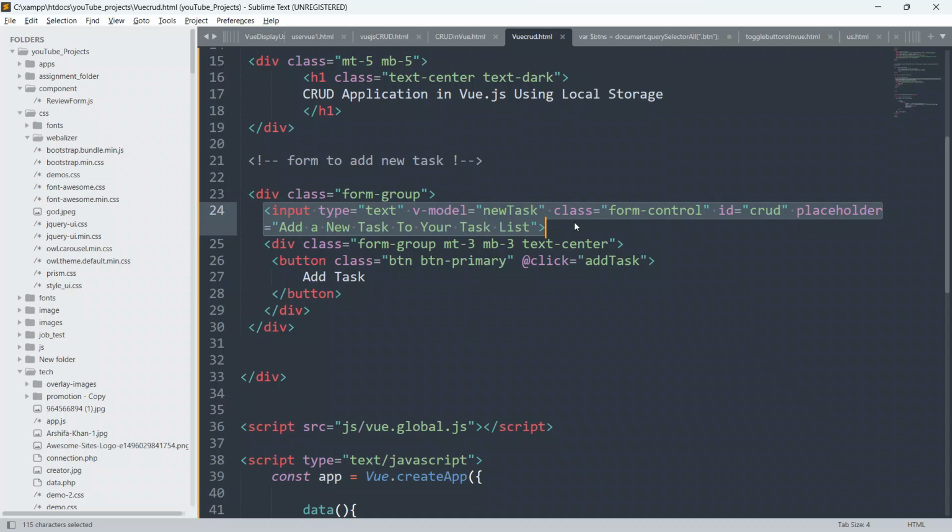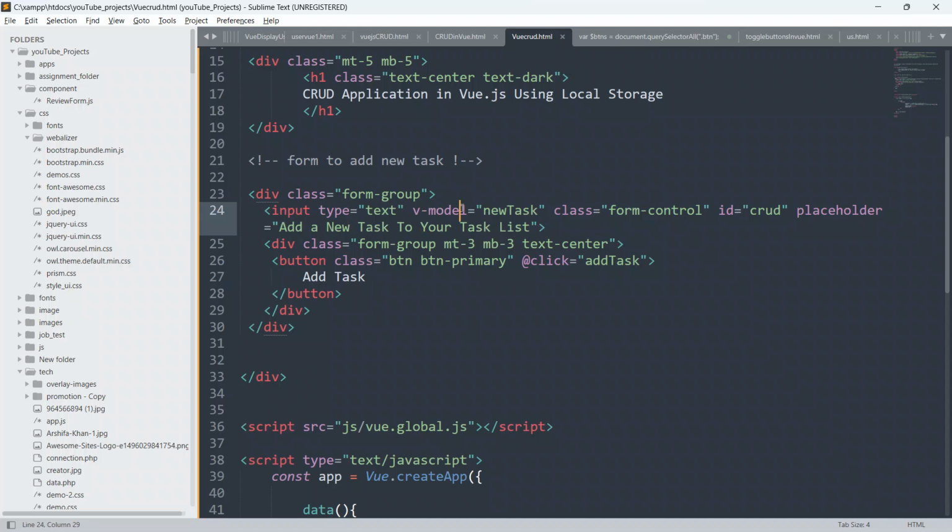v-model is used for two-way data binding inside Vue.js, and it will only work on input fields, select box, check box, radio button, and text area. Rest it is not going to work on. It will not work on div or span or nav bar or main, section, footer.